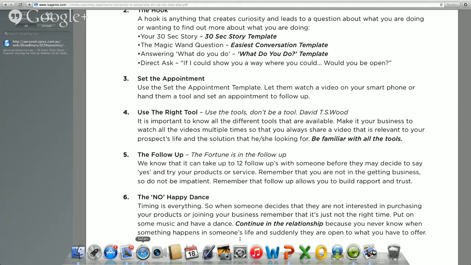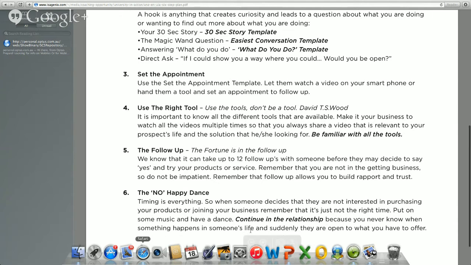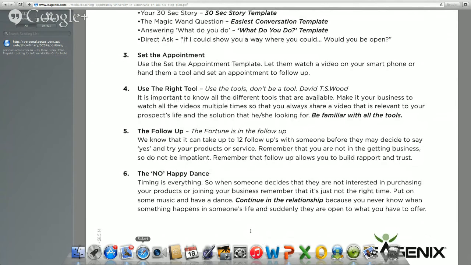The last one is the no happy dance. So the happy dance is basically saying, don't take this too badly. If it all goes pear-shaped and none of the above works, you haven't enrolled anybody, just have a little laugh about it, have a little giggle, do a little dance, and say, do you know what, I'm just going to